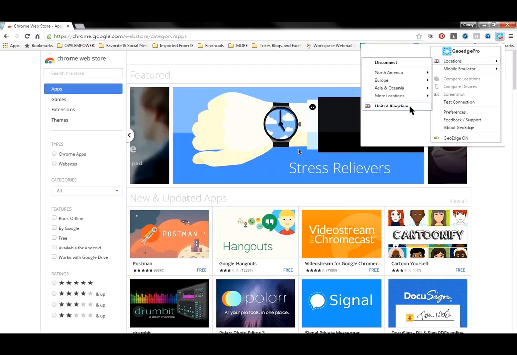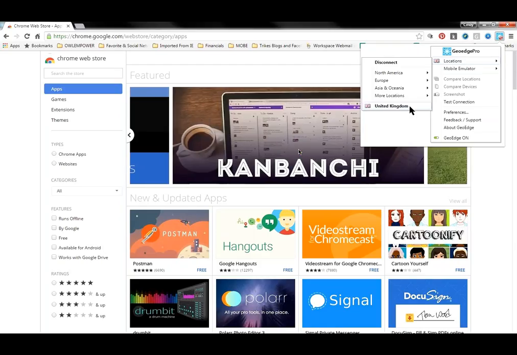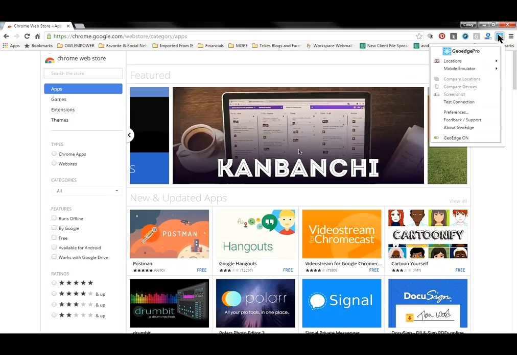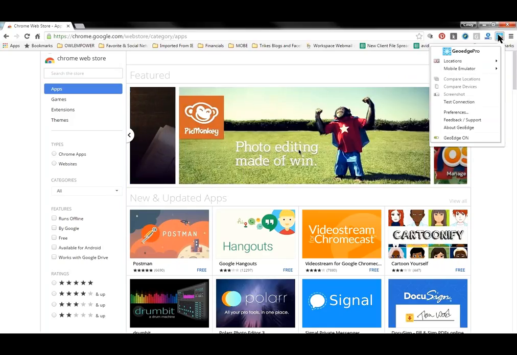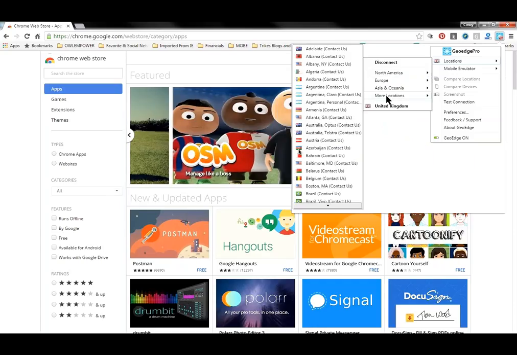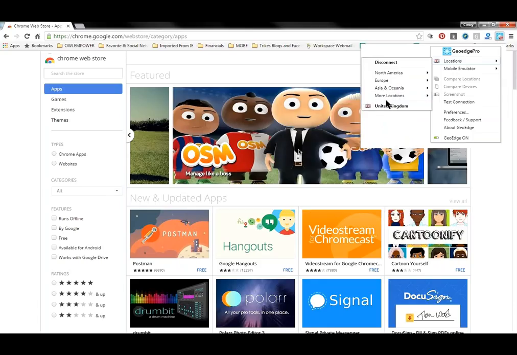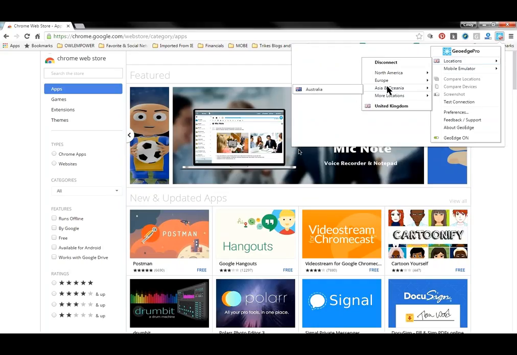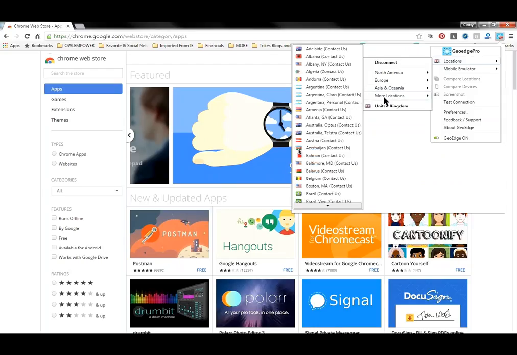And now there's only really one other piece, and that is the mobile emulator. But before you go to the mobile emulator, just go back again, click on it again, and let's just look at the locations again. I want you to see the 3 locations we saw. Northern Europe, and Australia is not in this one, right? But go back to more locations. You see on all of those it says contact us, and Australia is there. Look under more locations again. See it says contact us for all of them.